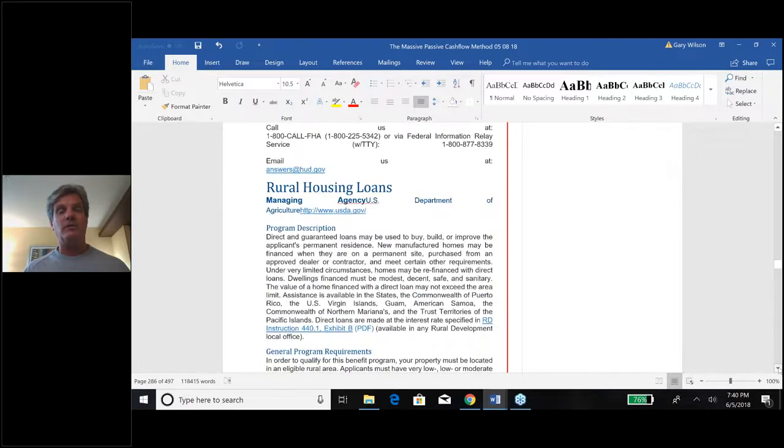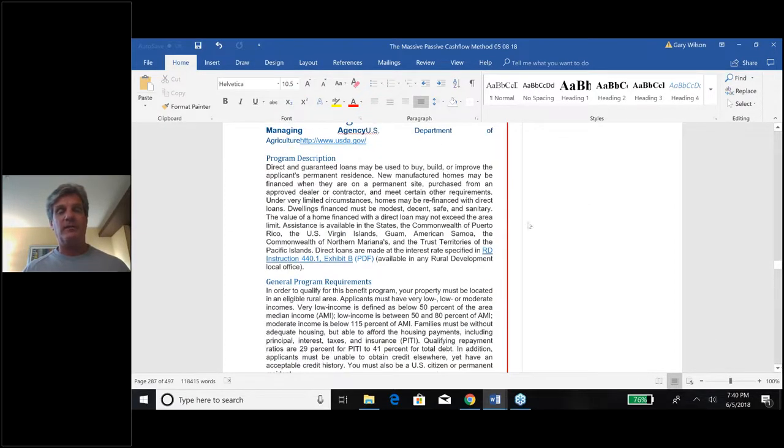Okay, rural housing loans, obviously, just like it says. These programs are usually very limited. If you think about population density, you've got a state like Montana, which has just under 1 million people in it, okay? That's smaller than the top 10 major US cities. Toronto, for example, has around 5 million people. That's a Canadian city, of course. But in any case,